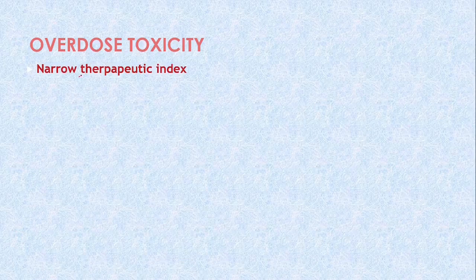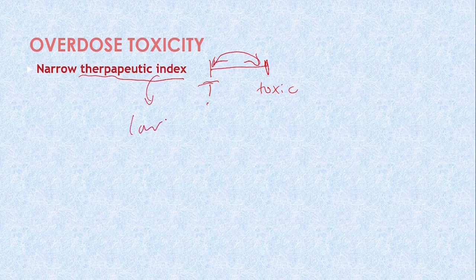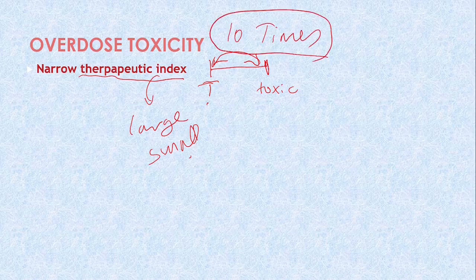And the therapeutic index, as we have explained before, is the difference between the therapeutic dose and the toxic dose. The larger the therapeutic index, the safer the drug. The smaller the therapeutic index, the less safe the drug. In this case, if we increase the dose only 10 times, the person might suffer from acute toxicity, which